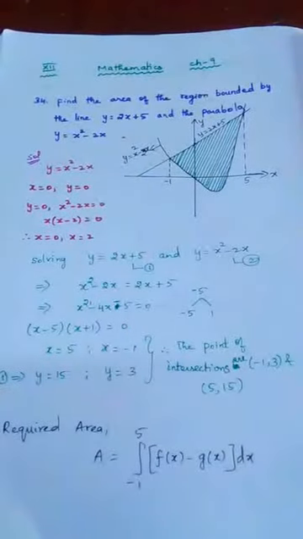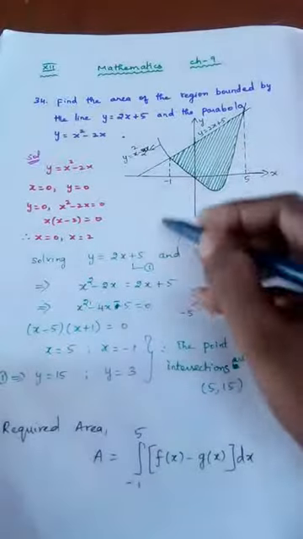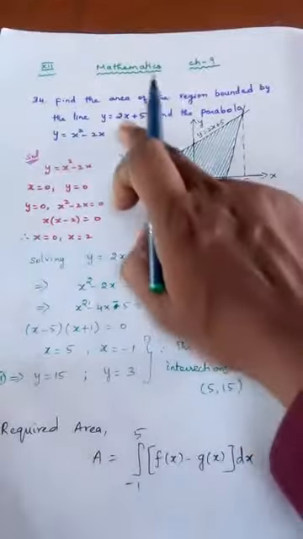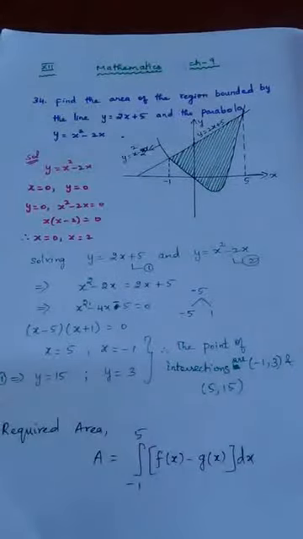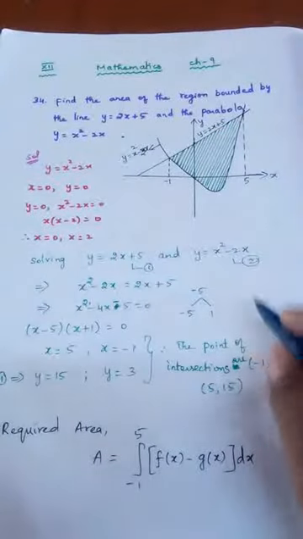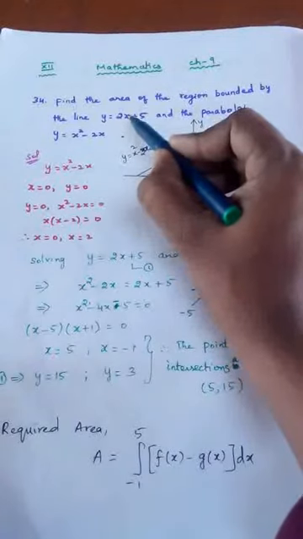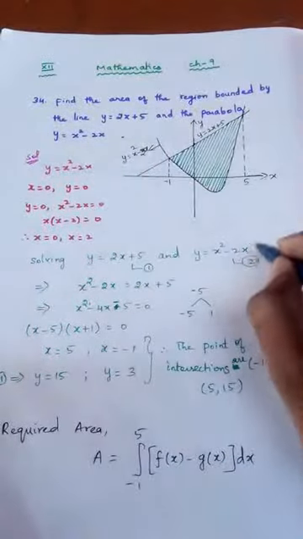Okay. Now I will try to draw the diagram. How to draw the diagram now? As I said, first the x-axis and y-axis. In order to draw this line, y is equal to 2x plus 5, you just take, for example, x equal to 0. What happens? y will be equal to 5, right? I will be writing that in the rough column.